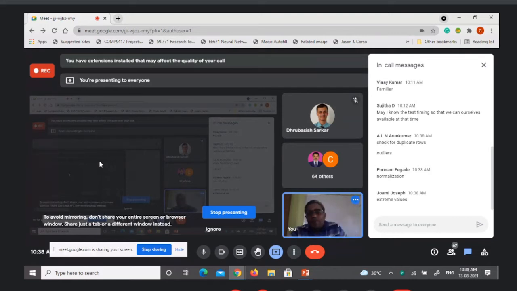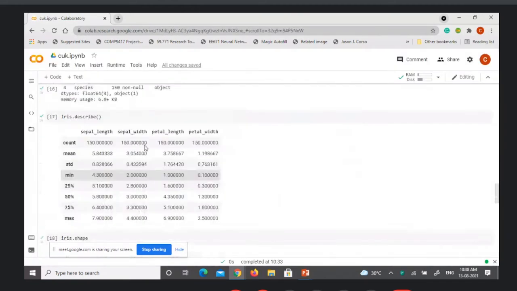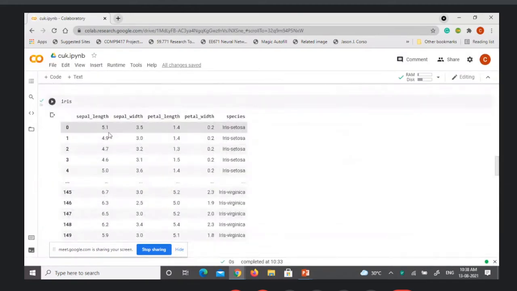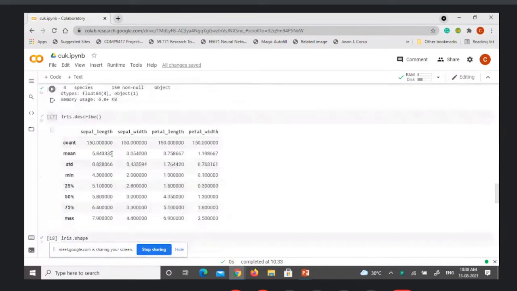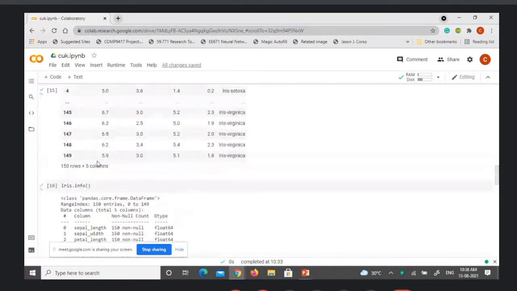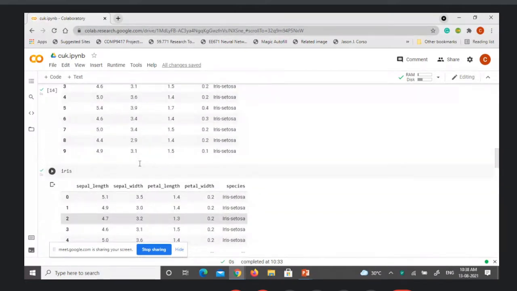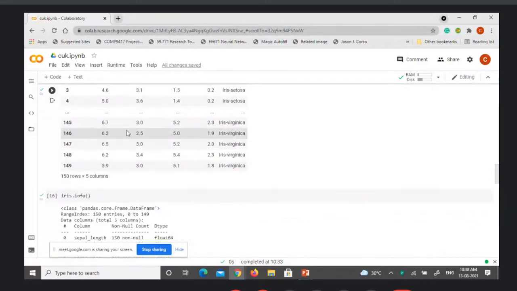Sometimes when you have the data and you see the mean values, you can see 5.8, 3.05, 3.75, and 1.2. Even though they are all numerical real data, the ranges differ quite a bit from each column.